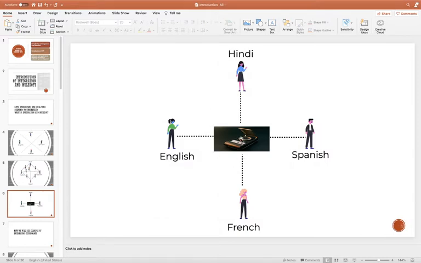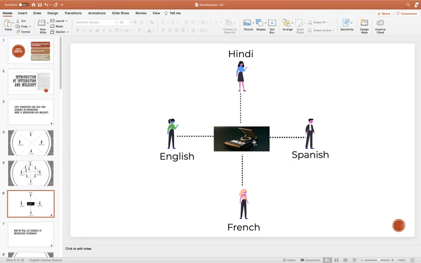They found one device that can read any language and can return in any language. For example, if this person is speaking English, then this translator will take that English message, translate it into Hindi format and pass it to this person. Now when this person says something in Hindi, this translator again takes that request and translates it into either Spanish, English or French and passes it to the particular person. This is one of the best approaches, since a single device is able to handle all those kinds of requests.